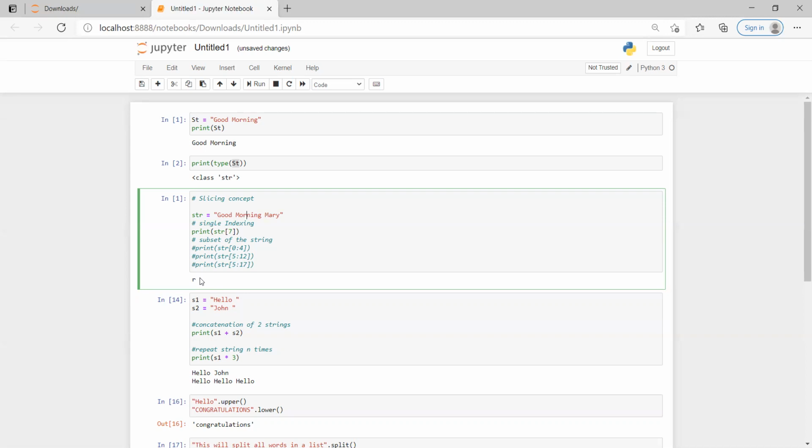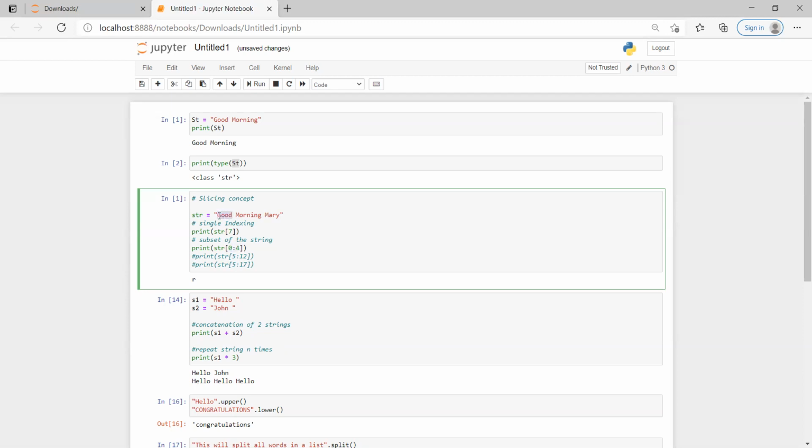Similarly, if I want to get a substring starting from one location to another location, that is subsetting of a string. Normally, we provide the starting index and the ending index plus 1. Suppose I just need good.